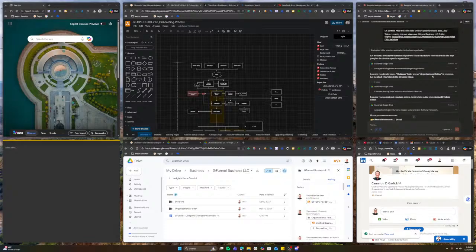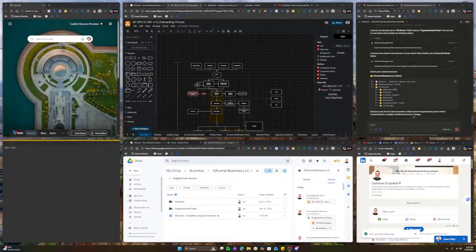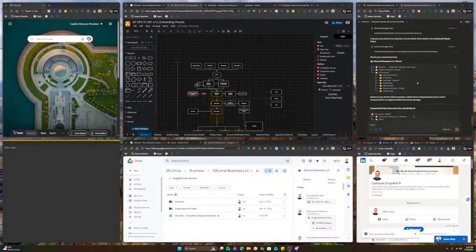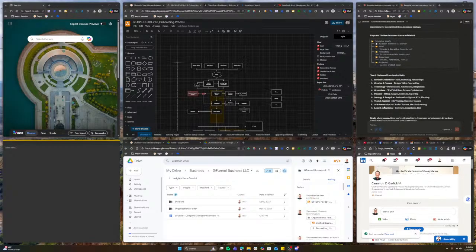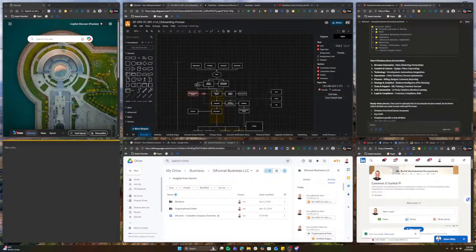I can see you have division, organization, folder in your root. Let me check the division. So then it checked the division. Here's the current based on your Service Hub snapshot, which shows 9. Here's what I recommend. Division name, your division. So now these are the divisions.